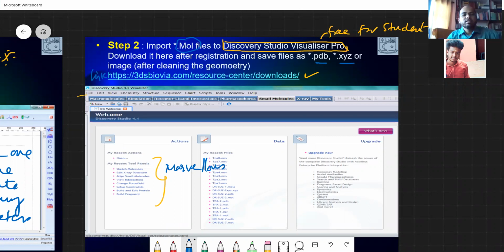and image files, JPG format, Joint Photographic Experts Group format. PDB, Protein Data Bank. XYZ coordinates: you'll see three types of coordinates, unique coordinates, Cartesian coordinates, and polar coordinates. So I have explained all the coordinates. And you can convert this as a PDB, which is a very useful term. This is step two. First is ACD Labs and second one is BioVia.